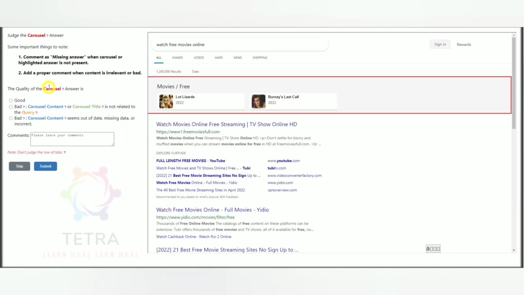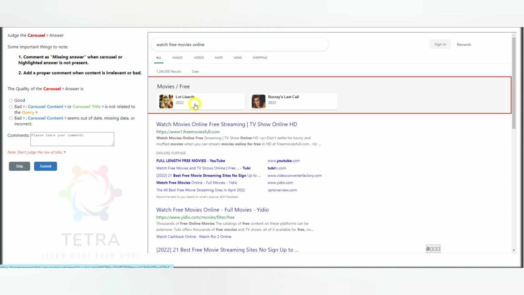So here is our next query, and let's first go through this interface. This is the query: watch free movies online. A user wants to watch free movies online, and here we can see movie free. The carousel title seems relevant to the query.